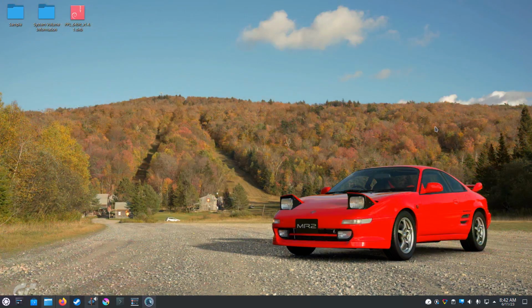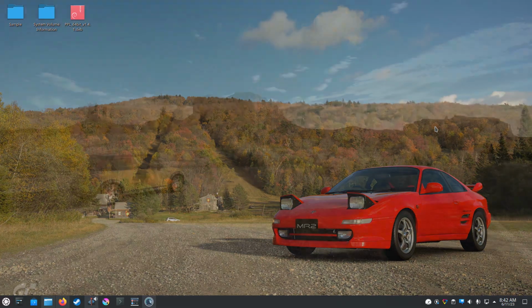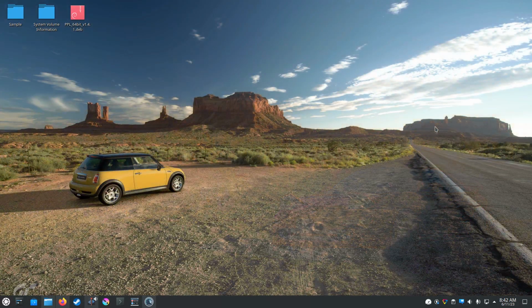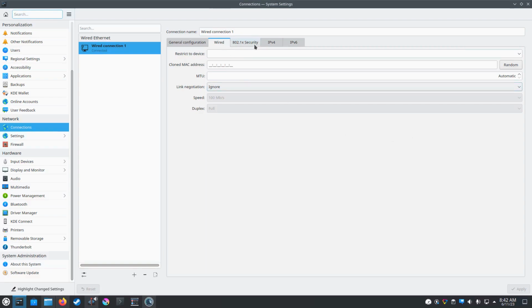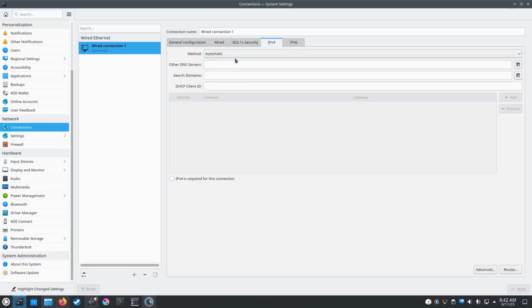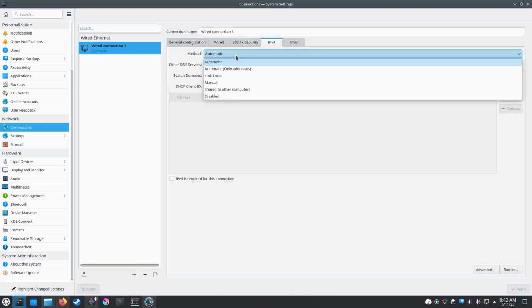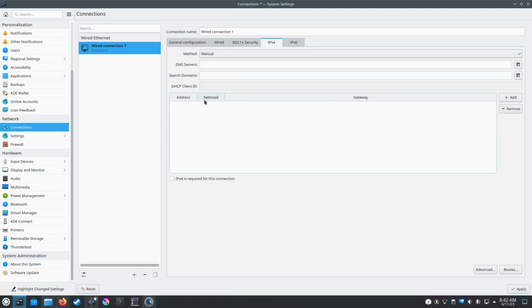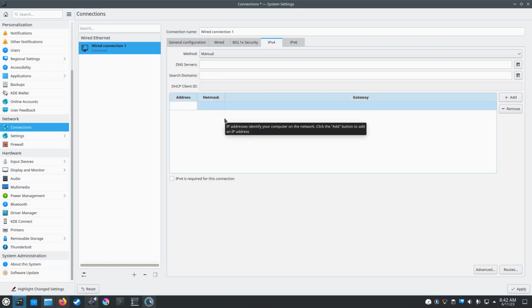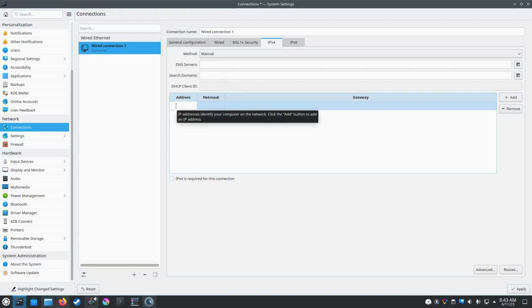Okay, now that our router has rebooted, let me show you how to change the IP address settings in Kubuntu. So what you're going to do, you're going to go down here to the little Ethernet icon, right-click, Configure Network Connections. You're going to go to IPv4, and typically this is set on automatic, but you don't want that. So you're going to click on the drop-down, change it to manual, and down here you're going to click Add. And according to the DD-WRT wiki,